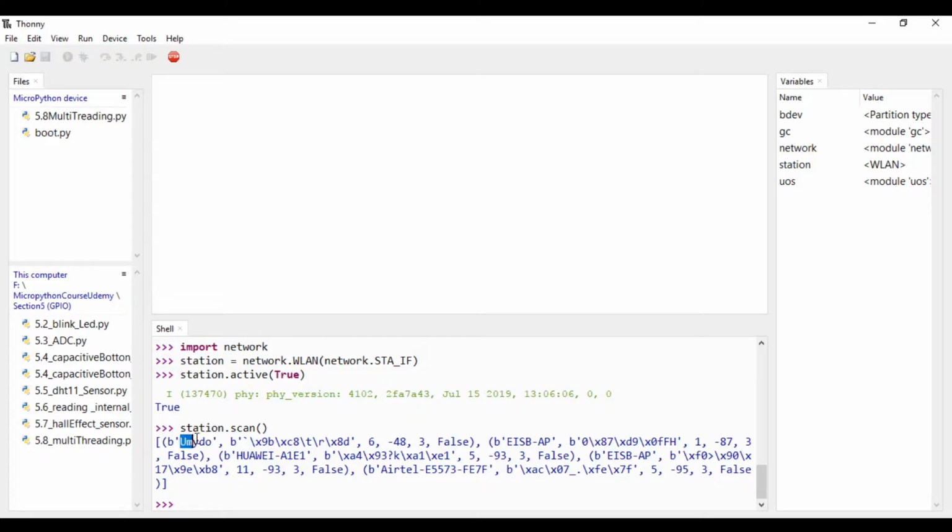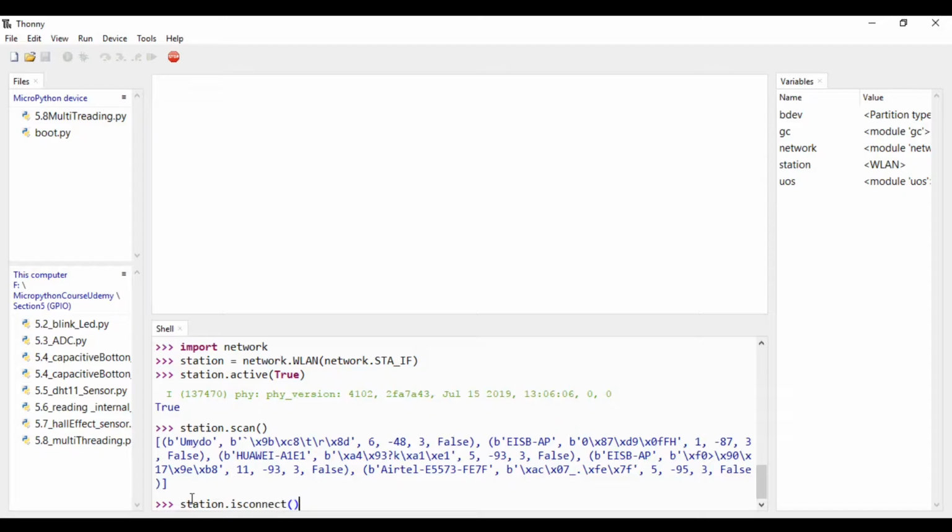Here's one network is UMIDO, another is ESB AP, another is Huawei, another is ESB AP, one more, then Airtel. These are the SSID of different network. So these are the strength of each and every network.